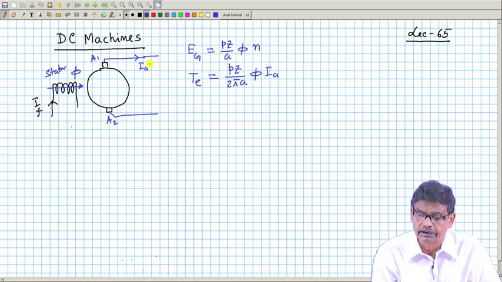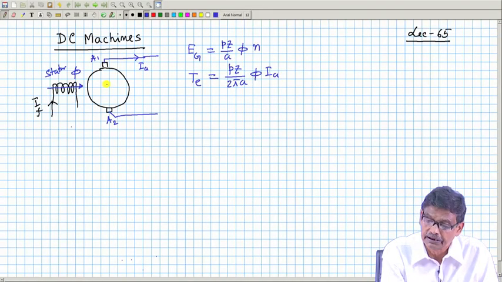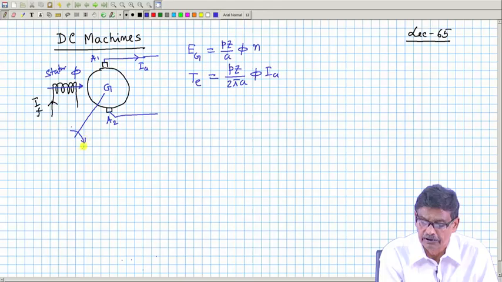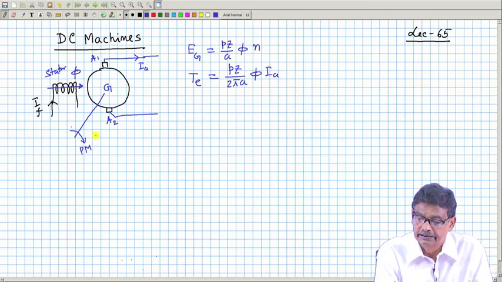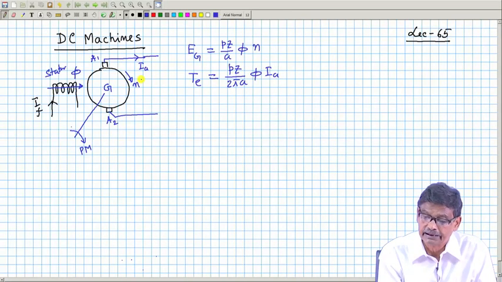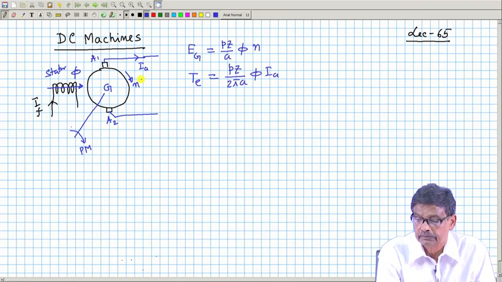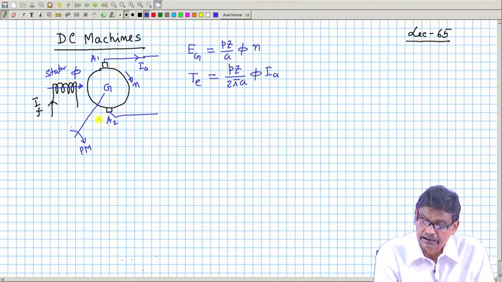And also we noted that if the machine is operating as generator, then there is a prime mover. Prime mover fixes the direction of rotation N, and electromagnetic torque which will be acting on the armature conductors when armature conductor carries current, will be in the opposite direction